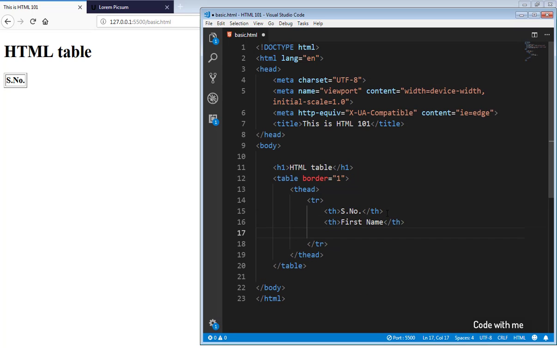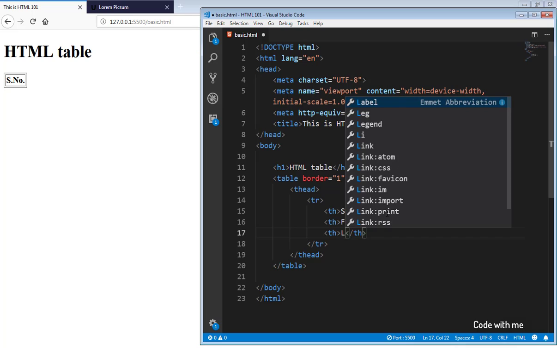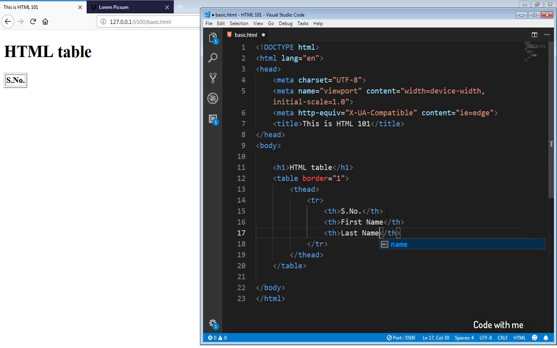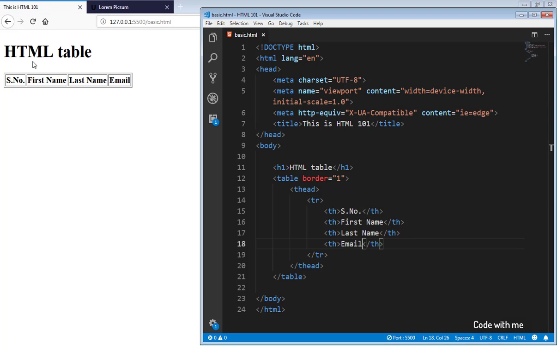So let's create a table here, and let's create a last name. Okay, we have a table with 3 columns. Okay, let's add another one. Okay, so remember that this is a row. Okay, this single one is a row. We have 4 columns, and you have to keep in mind